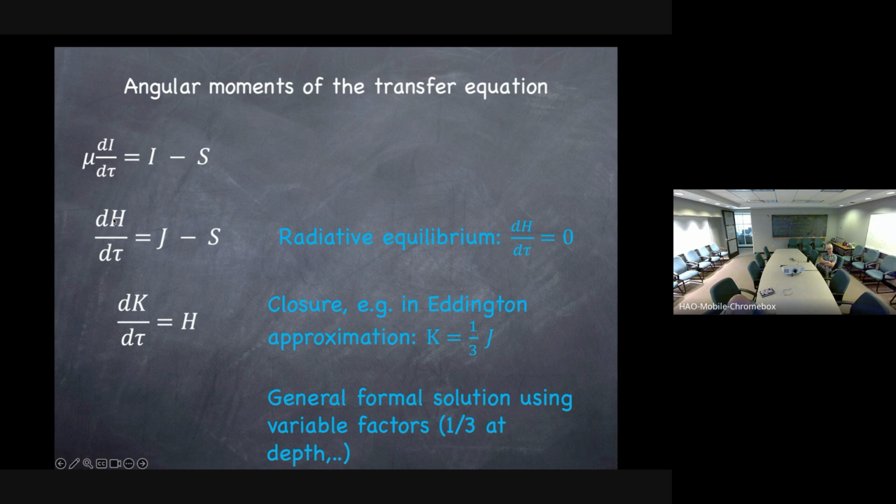So I take the first moment and I end up with an H in terms of J minus S. But what is an S? What is an H? Well, we take the next moment and we end up with dK/dτ equals H. Well, that doesn't help us because we've still got a K. However, there are certain clever tricks that one can use analytically, and these very bright guys 100 years ago